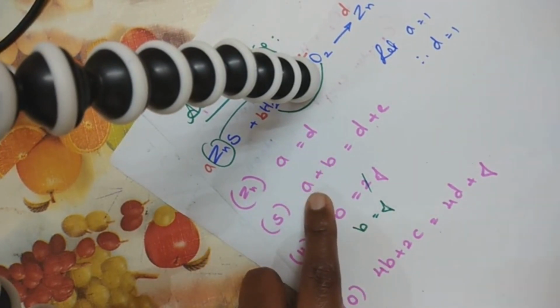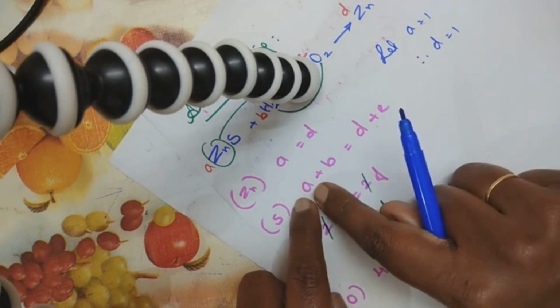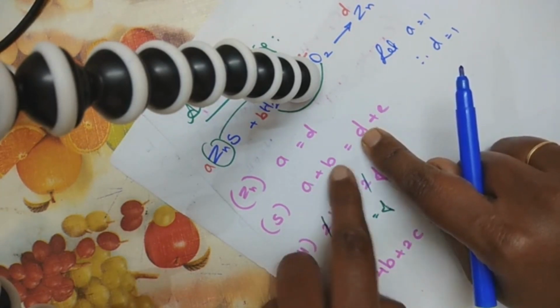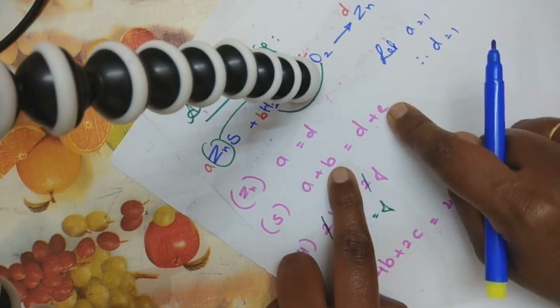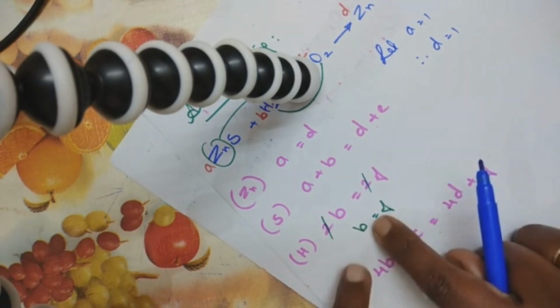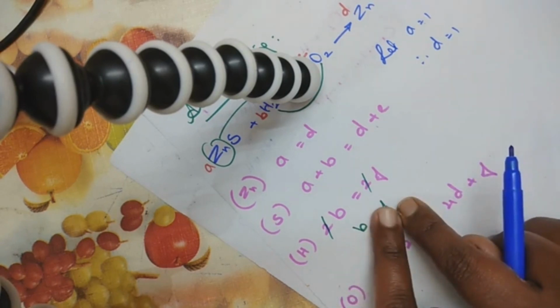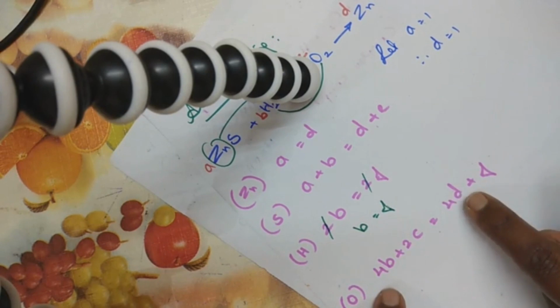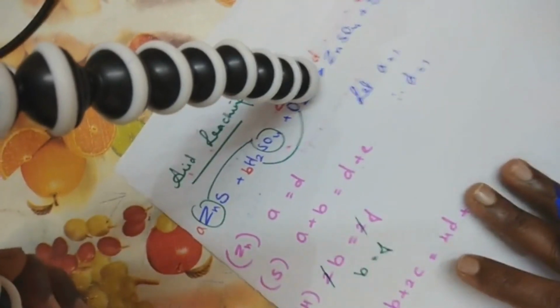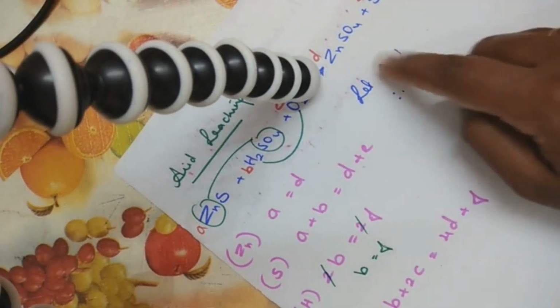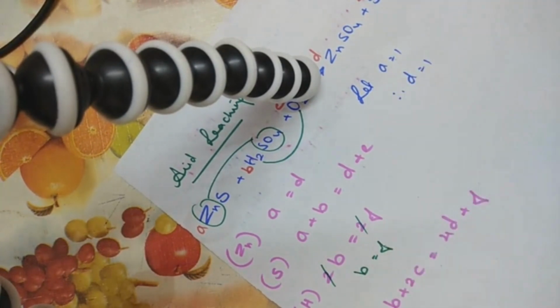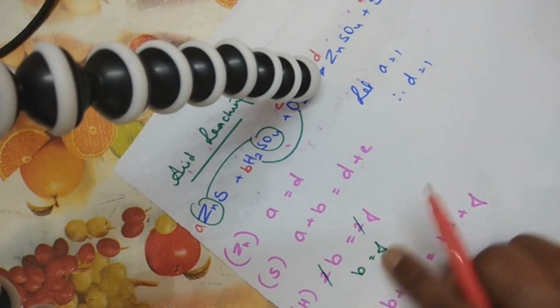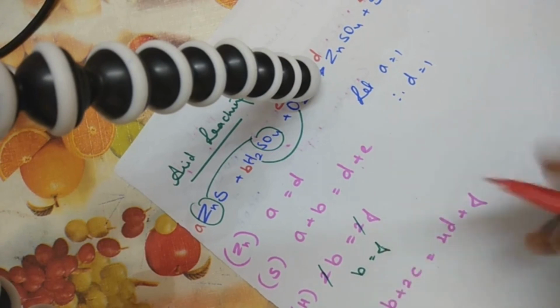Can I substitute here? I don't know the value. I know the value of only A and D, but here I've got two other variables, which is not easy to find out. In this case, I don't know the value of B, I don't know the value of F. Coming back here, in this equation, I know only the value of D. B value I don't know, C value I don't know, and F value I don't know. So one more clue you can substitute is, now these two are completely over. Consider the other ones. Let's consider these two. B is equal to F, you consider.